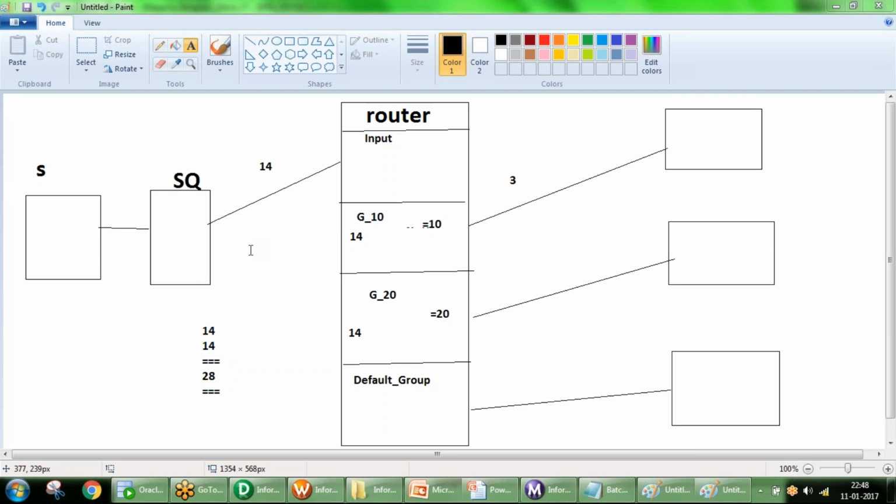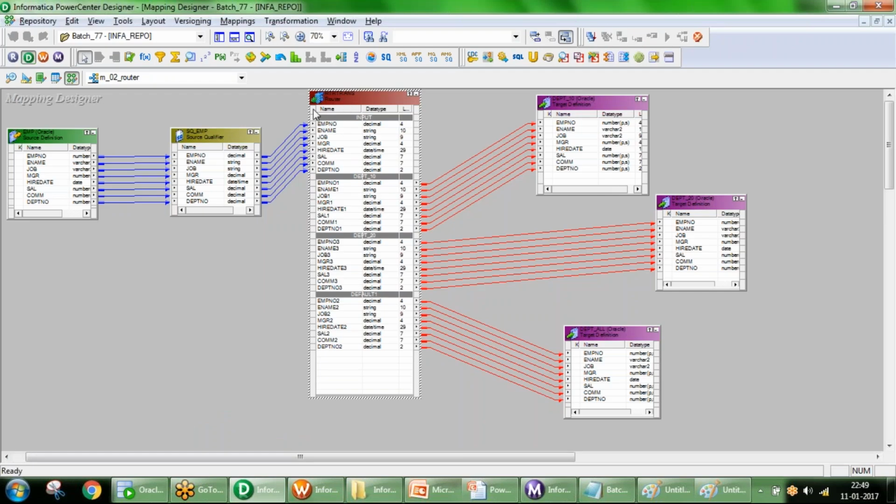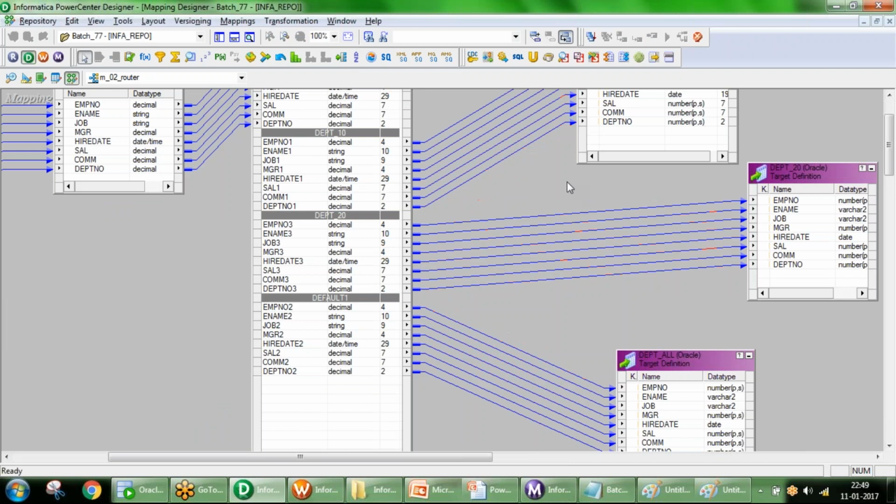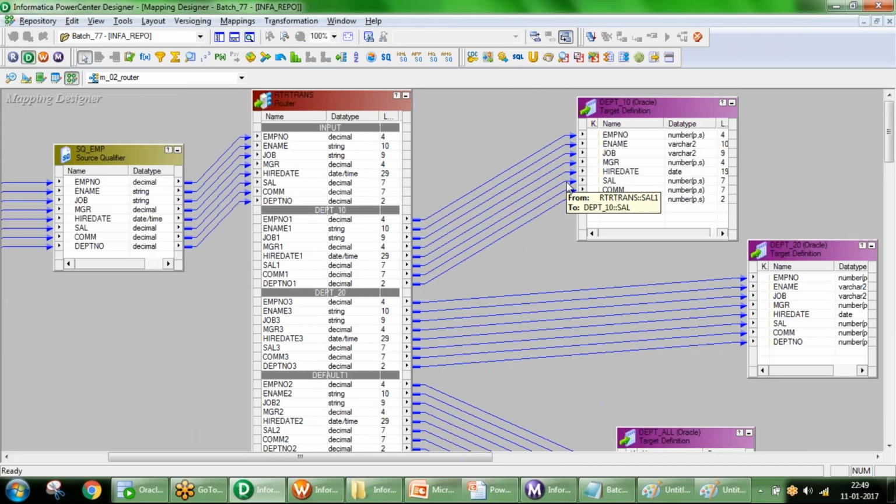Okay, clear. Now see, this is the reason why router will have more performance, meaning no need to process any records. Automatically all unsatisfied records will come into the default group. So we are processing fewer records, which means more performance. Simple. Now one more interview question from router transformation. Whenever you're working on a transformation, first you have to understand the transformation scope and functionality. If you know that properly, whatever scenario you get, you will be able to answer it.